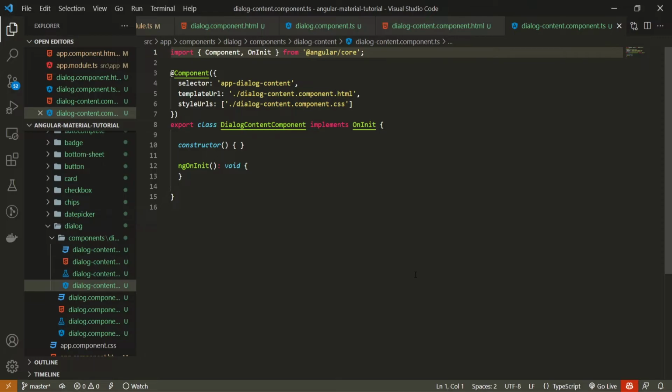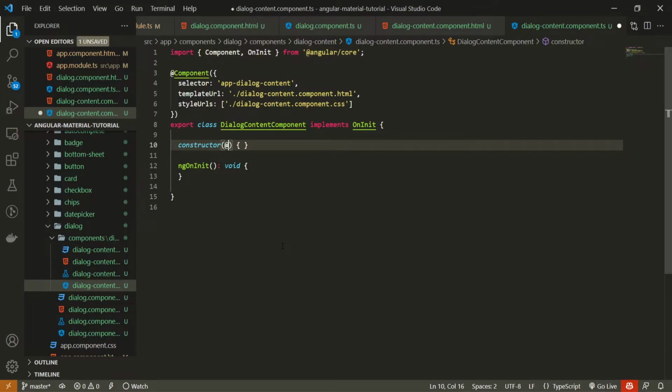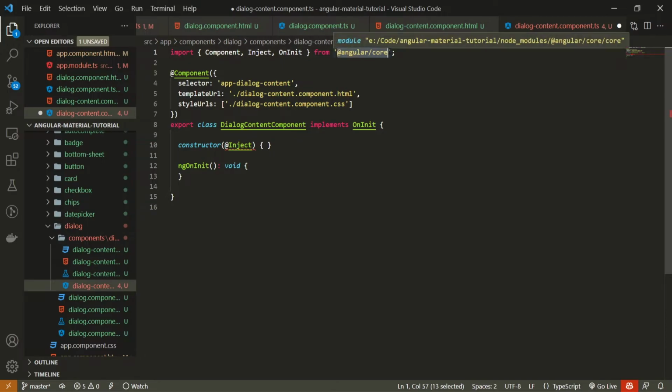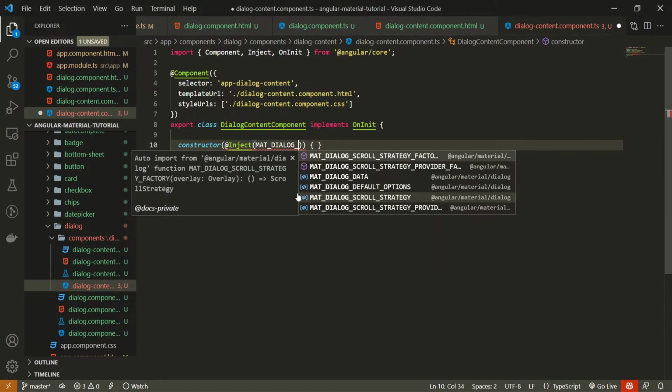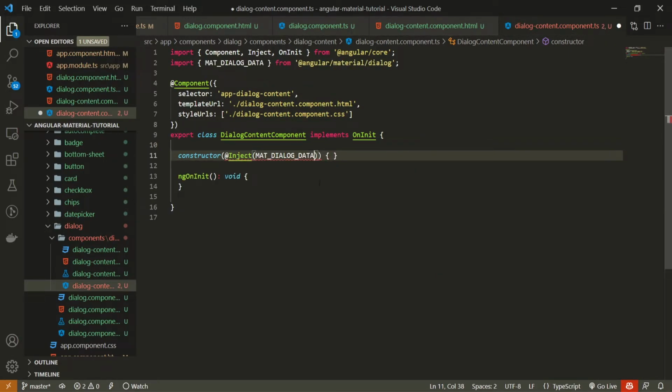To access that data, we will need to inject a specific dialog data from Angular Material. So in our constructor here, we can use @Inject, which should be imported from @angular/core, and to this @Inject I will pass, make sure that all letters here are uppercase, MAT_DIALOG_DATA. This MAT_DIALOG_DATA must also be imported from @angular/material/dialog, and this injected value can be just stored in a property.